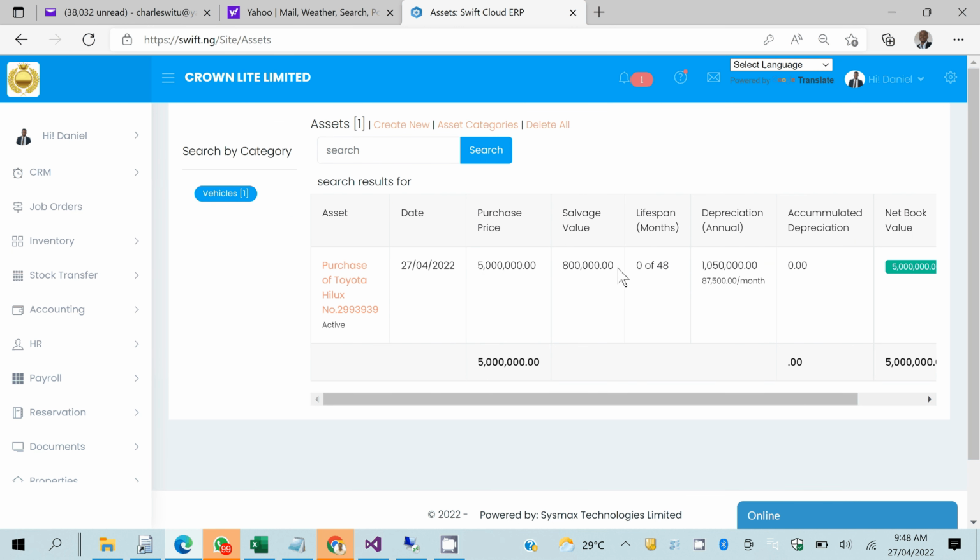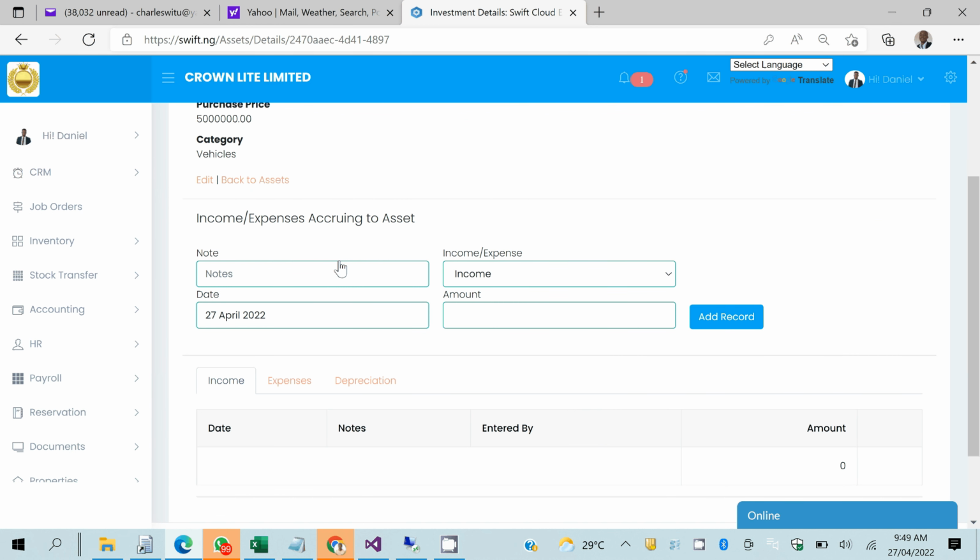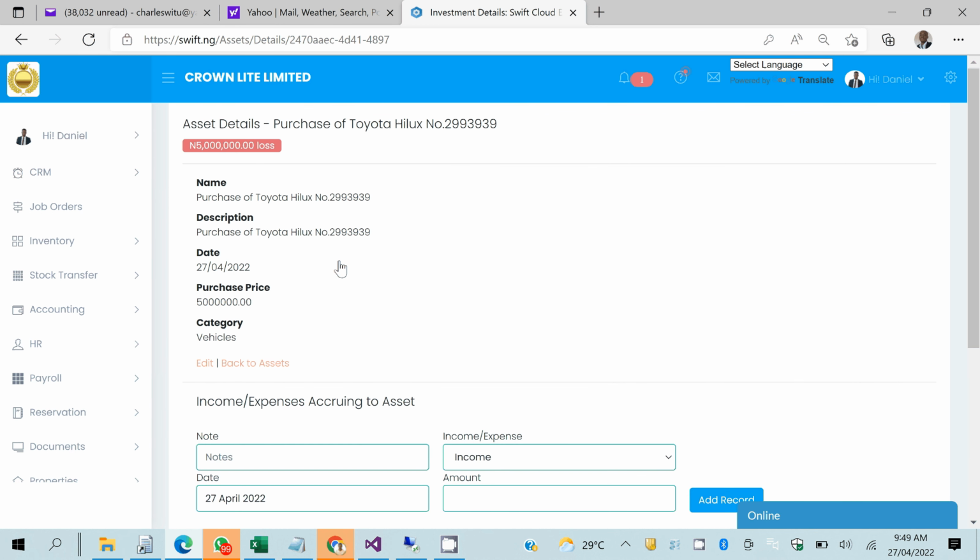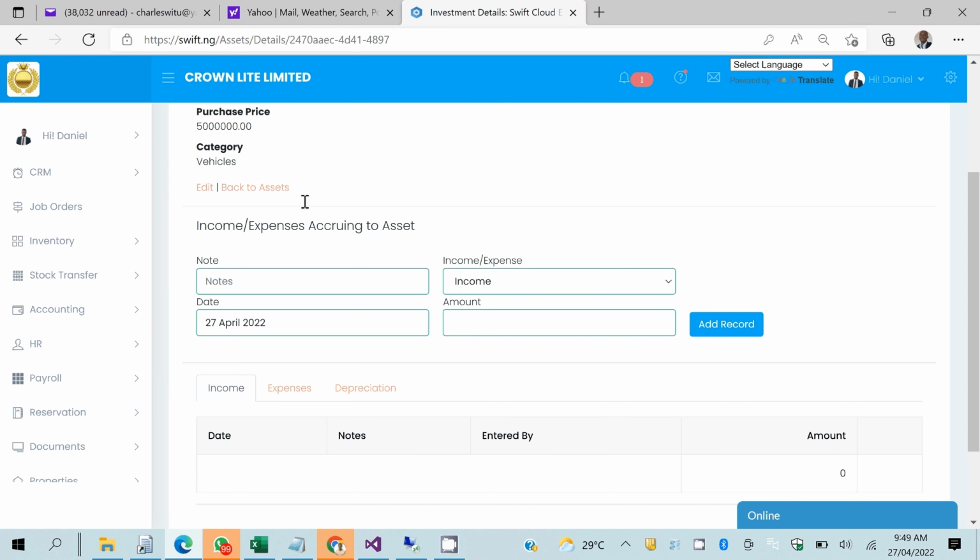Told us what the salvage value is, the lifespan, depreciation, annual depreciation, the monthly is also here. And when I click the asset itself and come down, I can do a couple of things. So the first thing is, you